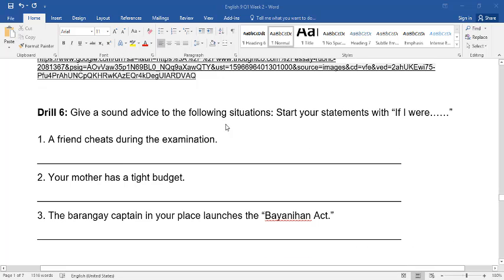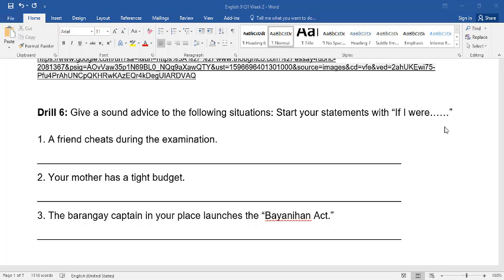Drill number 6. Give a sound advice to the following situations. Start your statements with if I were. So you have here situations. And then you will express your advice using conditional sentence. You will always start with this clause